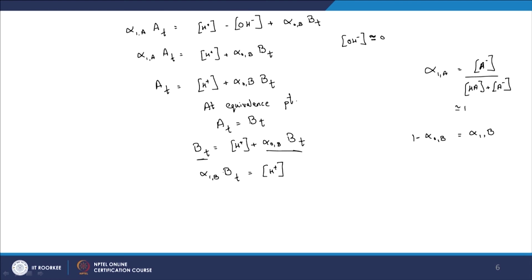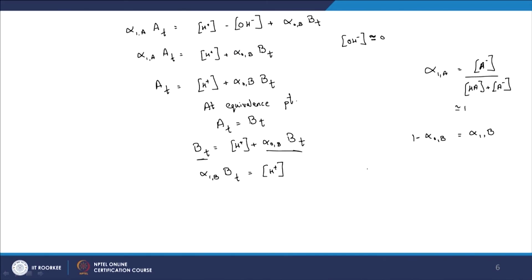And in general we are going to consider that B is a weak acid, right. So I am going to say that the pKa is going to be far greater than pH, right. So what does that mean now? So assuming that HB is a weak acid, and from our background what do we know? That means that the pK of B is going to be far greater than pH, right. So what does that mean? That the Kb is far less than the concentration of H plus. And where can we apply this, I guess?